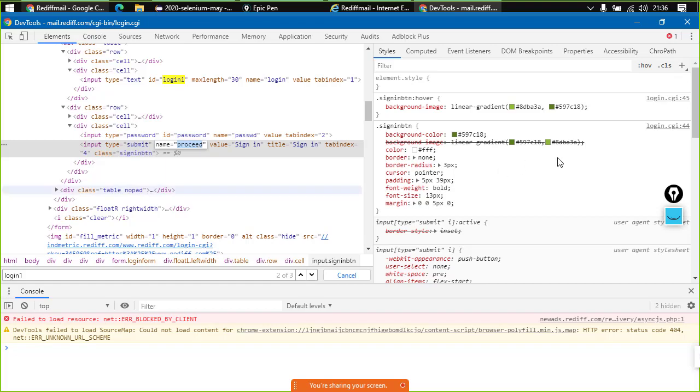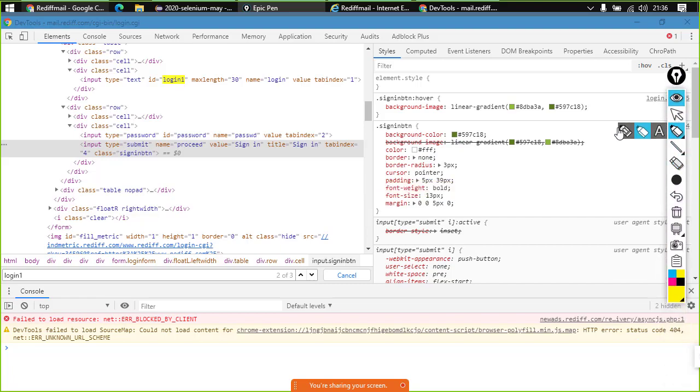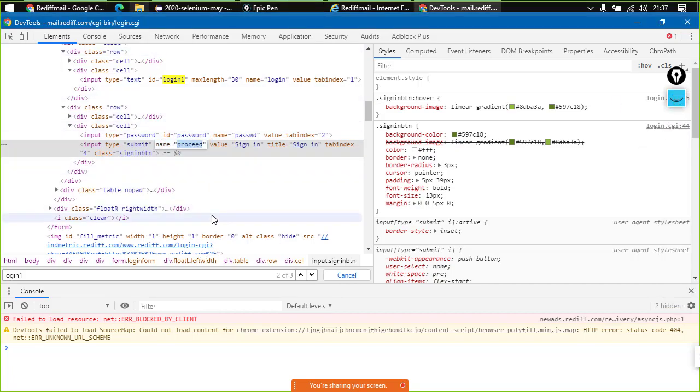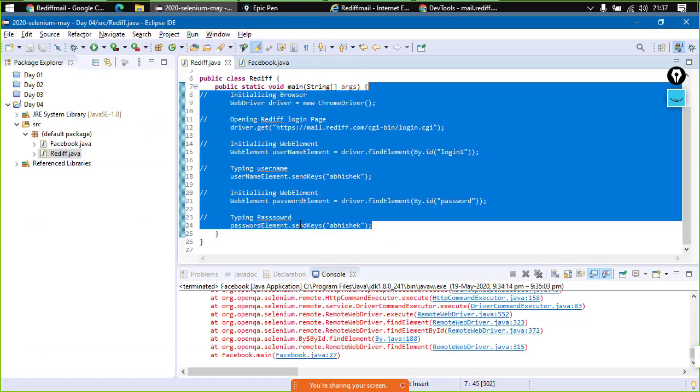So we can simply try out the attribute that we can use, right? For example, this time we're just trying to use this attribute, that is name, which has the value proceed. Okay, so let us just copy this and let us just move back to the Rediff page.